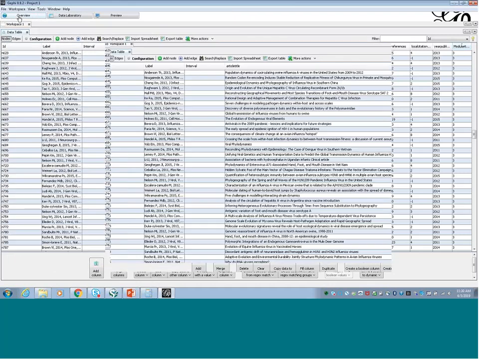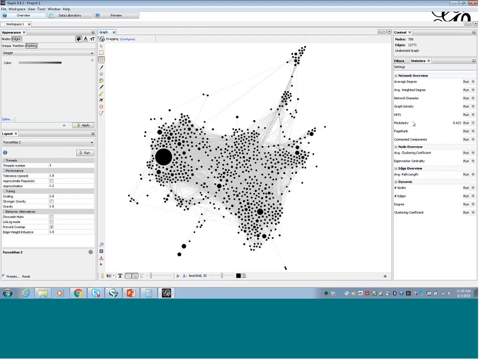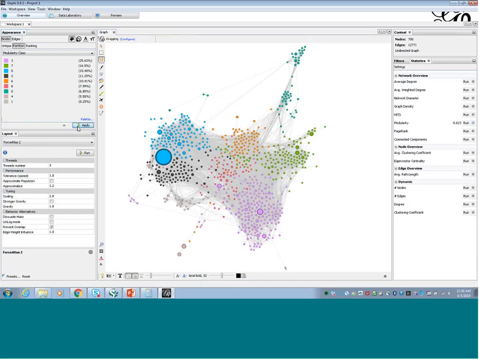So returning then back to our network, we can then color code based on those modularity classes that we just found. So I'm going to go back to the appearance box. I'm going to click on nodes and then color. And then again, I'm going to use partition rather than ranking here. And then the attribute that we're going to use is again going to be this modularity class that we just created. So I can click on apply here to apply the default color scheme